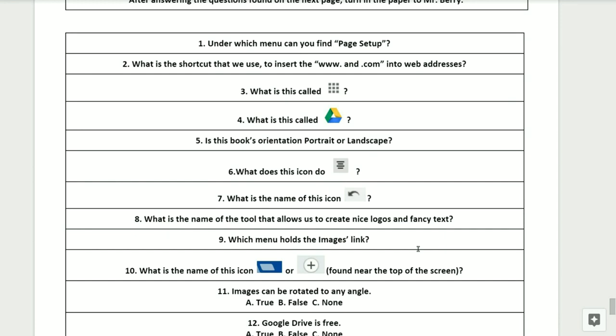What is the shortcut that we use to insert the www and .com within the web addresses? Question number 3. What is this called? Number 4. What is this called?